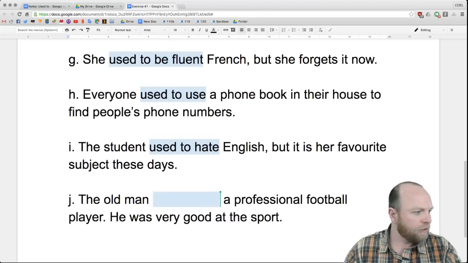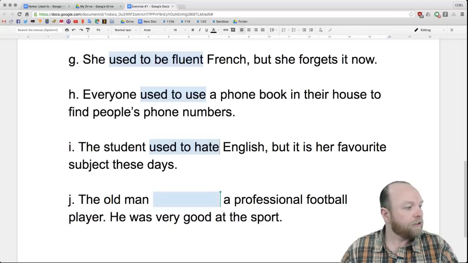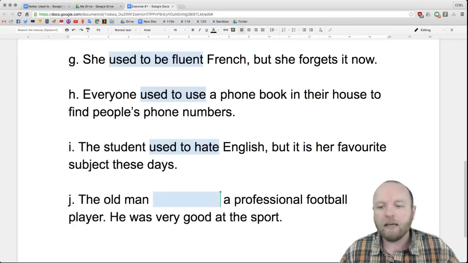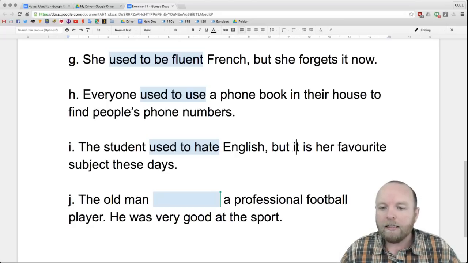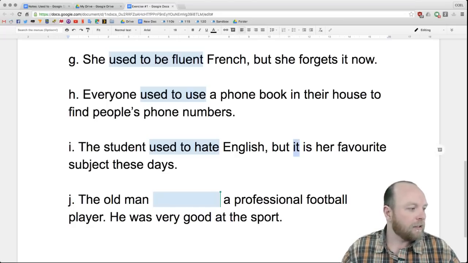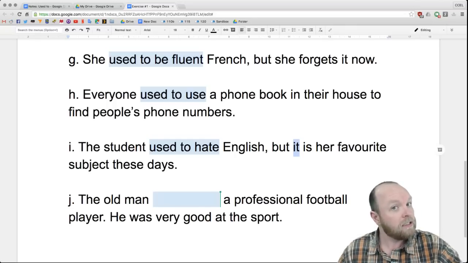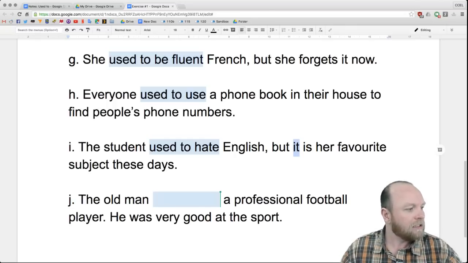Let's look at your answers for I. Anybody have any good answers for I? Oh, Kaio, interesting. Okay, I'll talk about that in a sec, Kaio. Selma, I used to dislike, yeah, the student used to dislike English. But now, English is her favorite subject. Yomera, used to dislike, yes. Paul, I think your answer is wrong. Used to like. No, used to dislike. Used to hate. Yes, Augustus, used to dislike. Yes. Okay, Valerie. Now, Valerie understands that